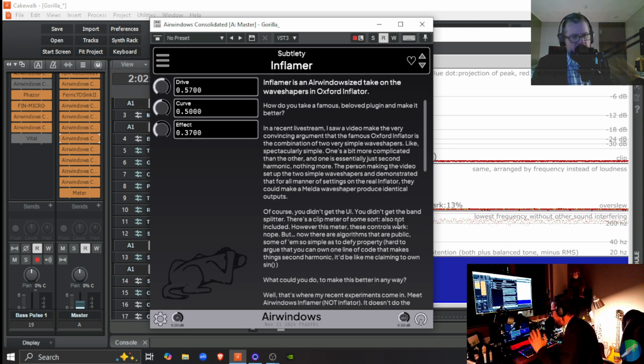It's more mellow, it's more analog, but Inflamer, it may be a little bit too much right now, but this one sounds very different between the drive setting of 55 and 57. But it's bringing back a little bit of that fire, some mid-range energy that gets taken out from the previous treble taming tools. So I'm going to go back to the beginning and just toggle Inflamer on and off.